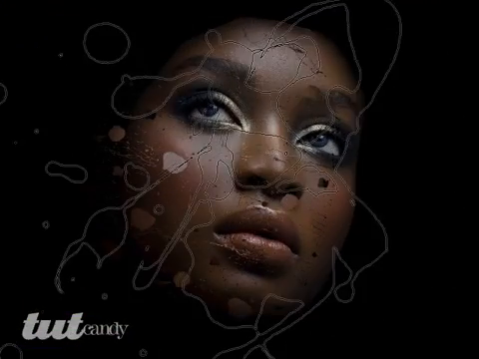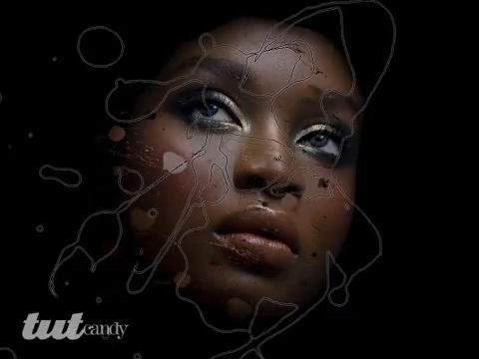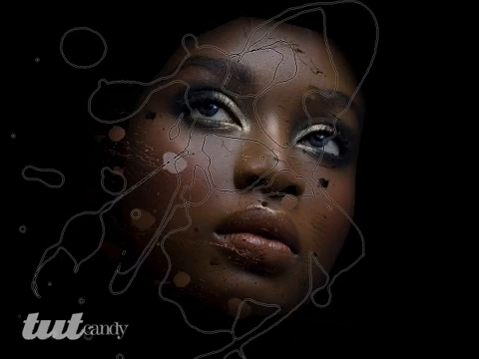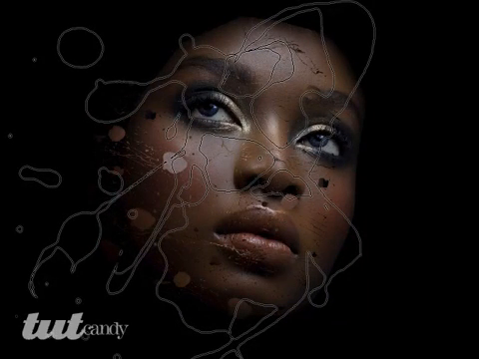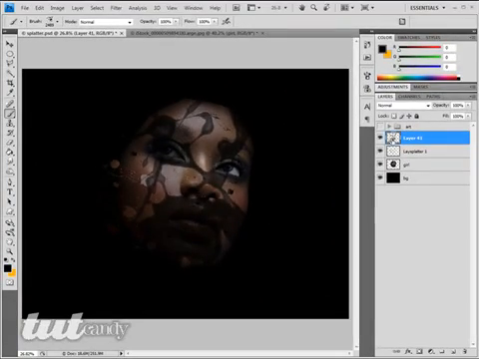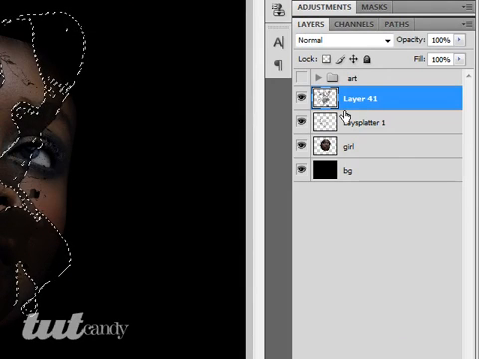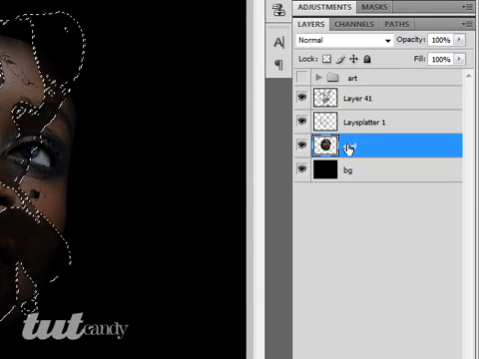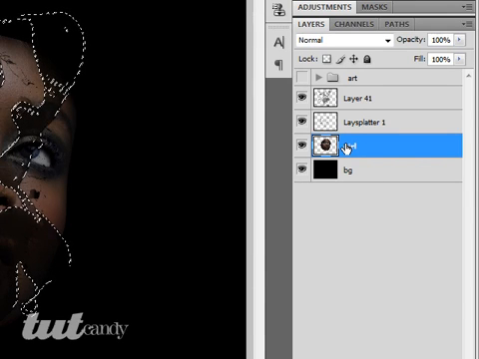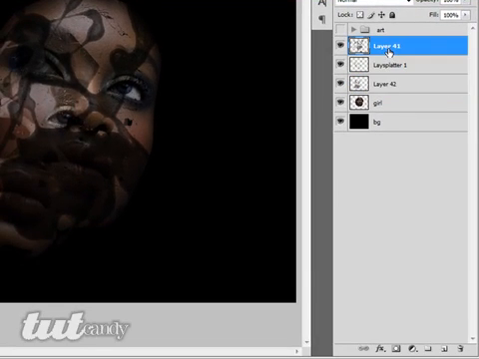Some areas I want to focus on are her lips and her eyes. So with any of the big blocked in sort of brushes, I want to try and catch her lips and her eyes. So I think we're pretty right around there. So I'm just going to hit paint. Once again, hold down Control. Click on layer 41, which I should have named Bin. Go back to the girl, Control C, Control V, or Apple C, Apple V on the Mac, and simply go back and bin that black